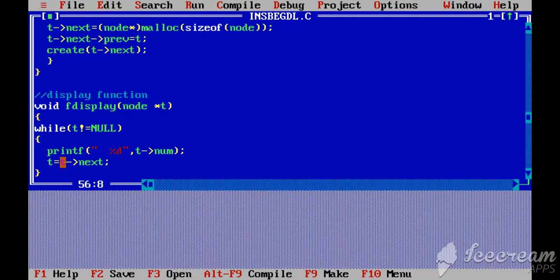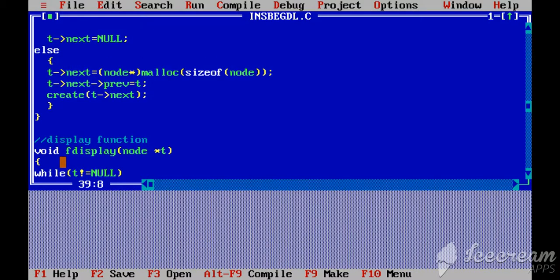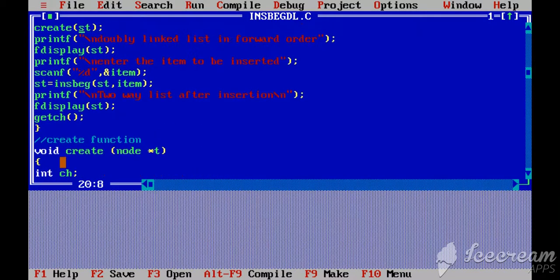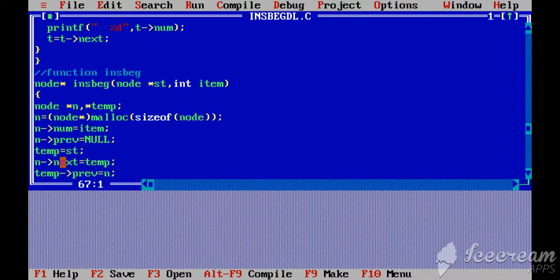So after f display, program control returns back to the main function, and then the system asks the user for the item to be inserted. After reading the item, we are calling insBeginning function by passing the starting address and item, and also having a return value. So the program control will be shifted to insBeginning function, and there we are creating